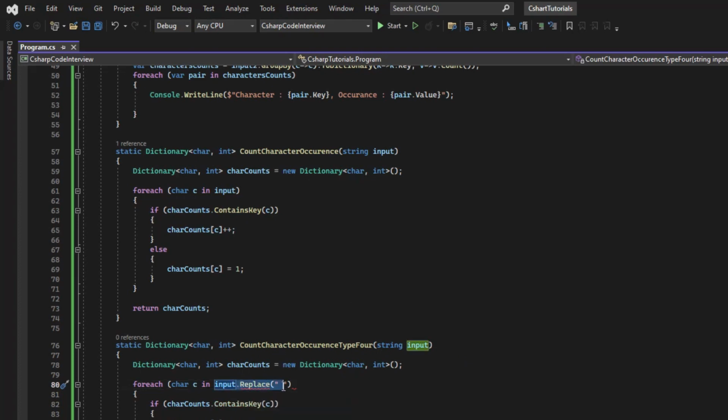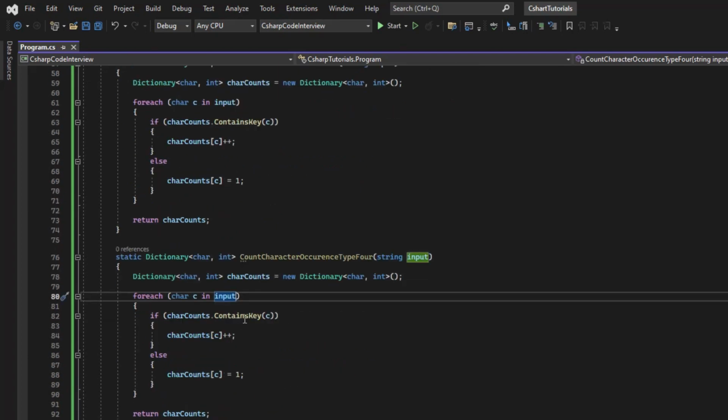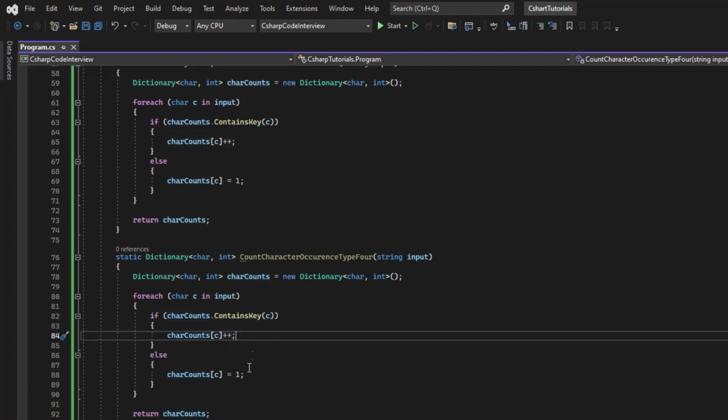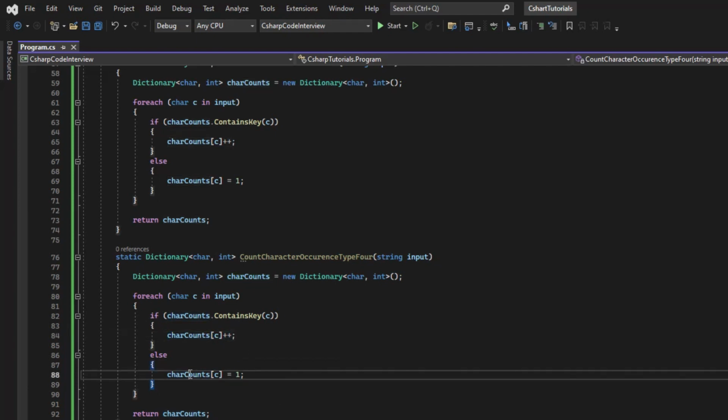Okay, but right now we don't have any of that, right? So once we enter in here, we find the character and we put it in a count. Here we can say the same thing, and here also, instead of this,